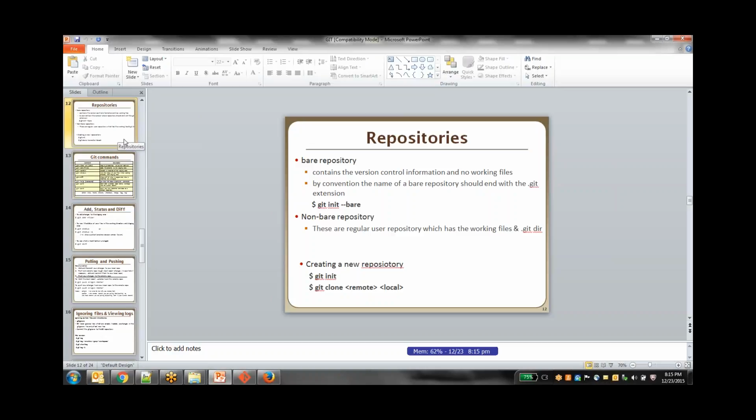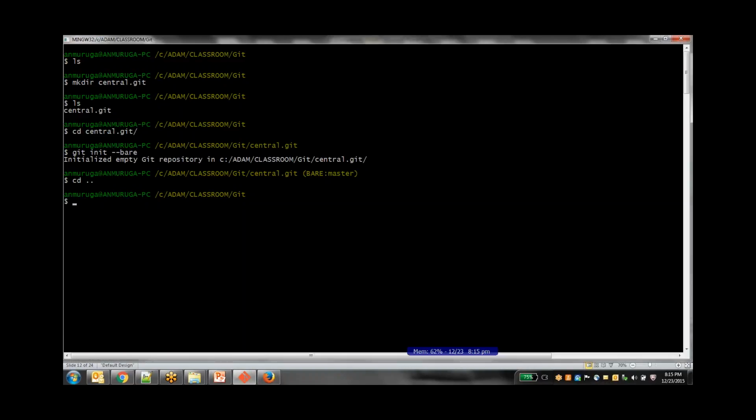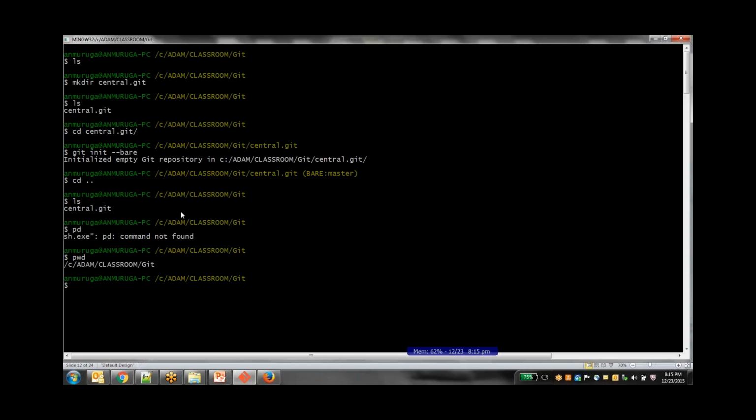So for that, we will use a command called git clone. What you have to do is come outside of the directory by giving cd double dot, so that now if you see, you will be present in this directory. Okay, so now if you issue the command called git clone, and for this you have to give two parameters,